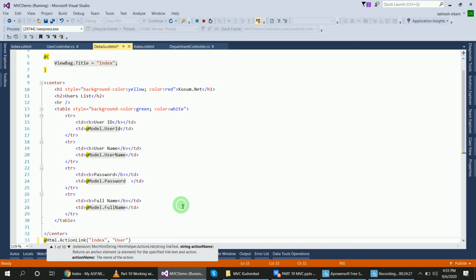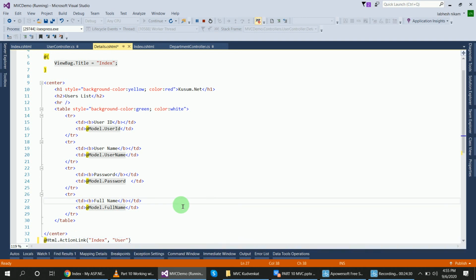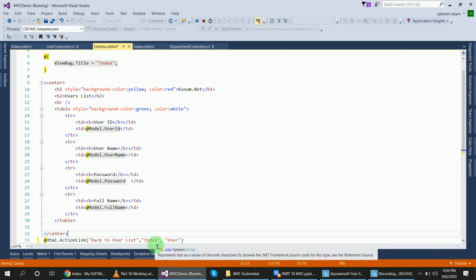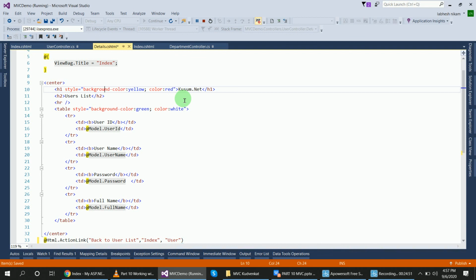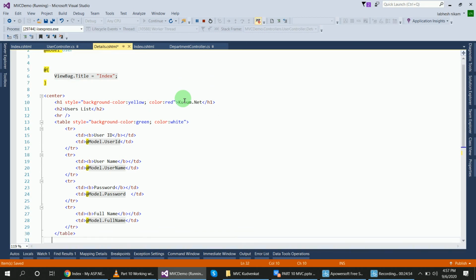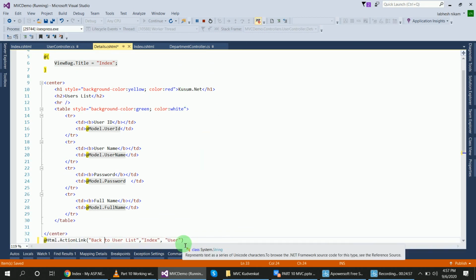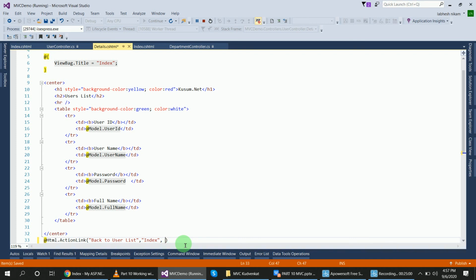And back to user list is the name of the link, index is the method of user, and this is using the user model. And this detail page is also from the user model. So I don't need this, because I want to go with the department ID's users, right? So new,